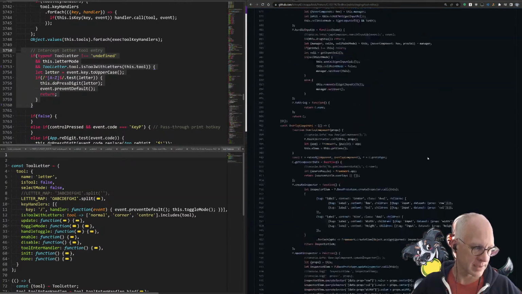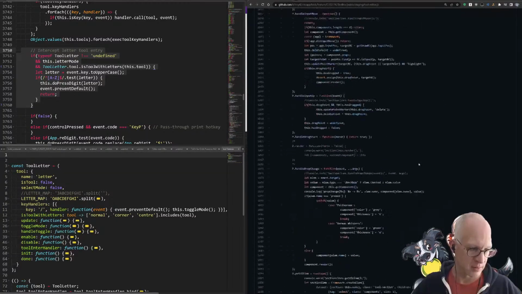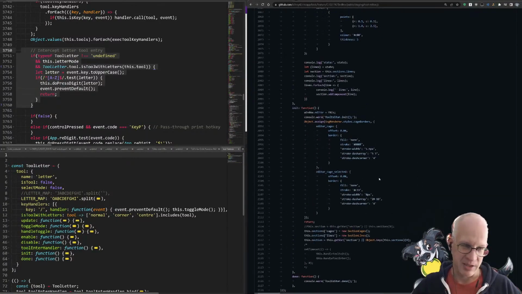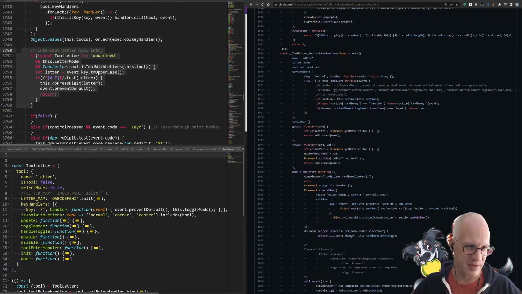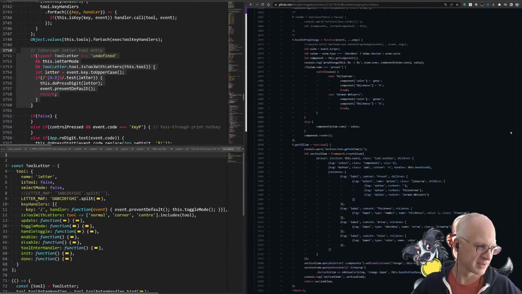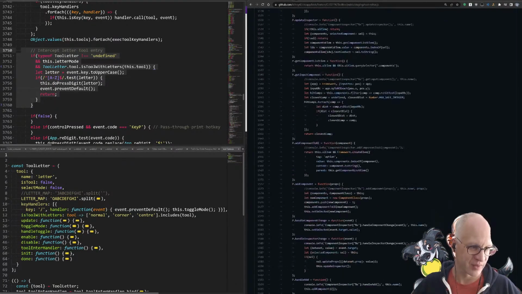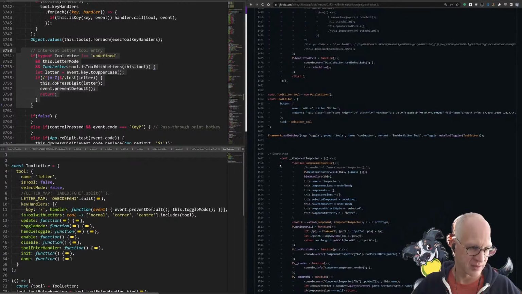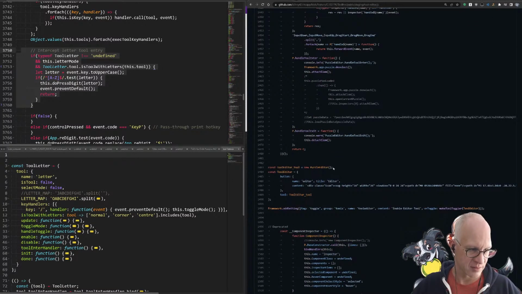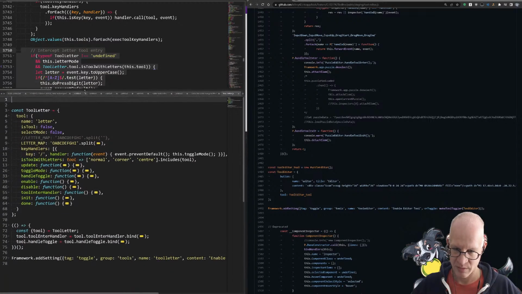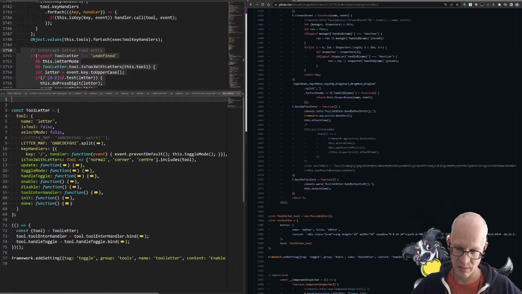Now this file is rather large. It's starting to get about as big as, well, not nearly as big as the main app, but you know, it's getting pretty big. It's not small. Tool editor. Tool letter. So if we turn this into a thing and do this,